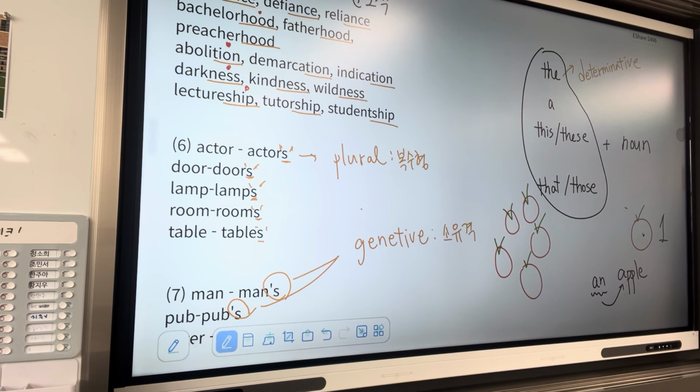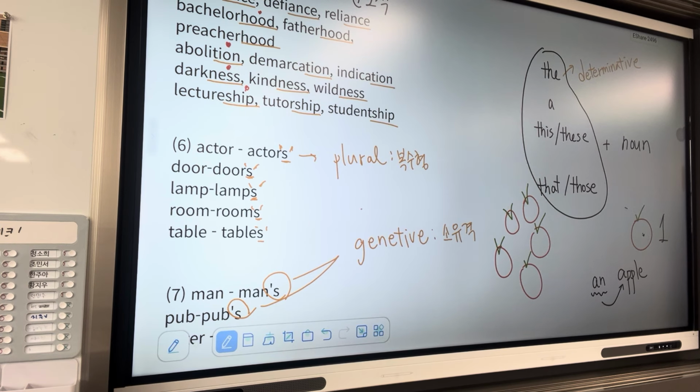Exactly. The, right? The is the first example of determinative. So for example, like a camera, the door. So a and the function as determinatives. And next person, please. We will see presently that when they occur independently, some of the words in table 3.1 belong to the class of pronouns. We'll see presently that when they occur independently, some of the words in table 3.1 belong to the class of pronouns.